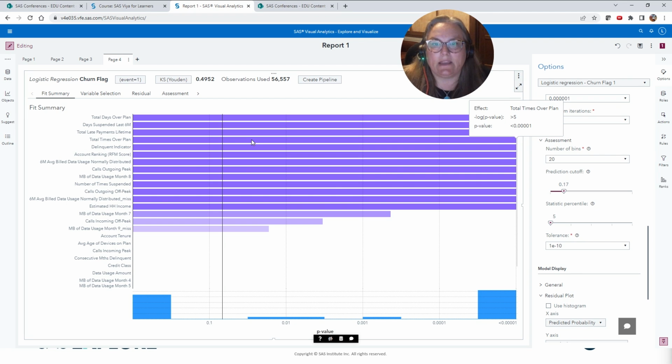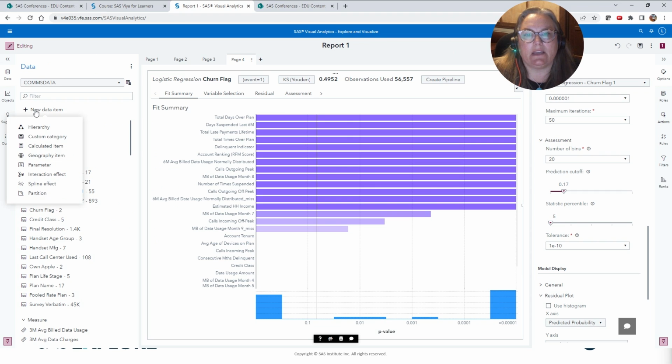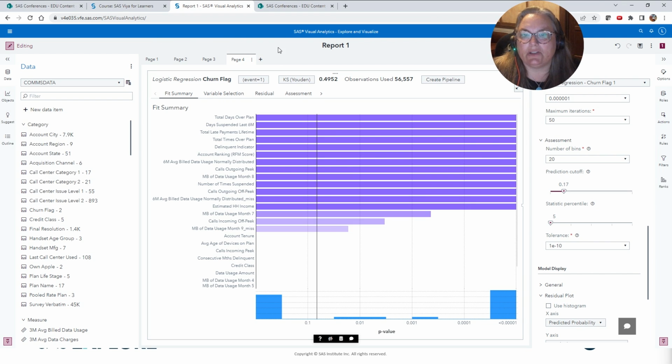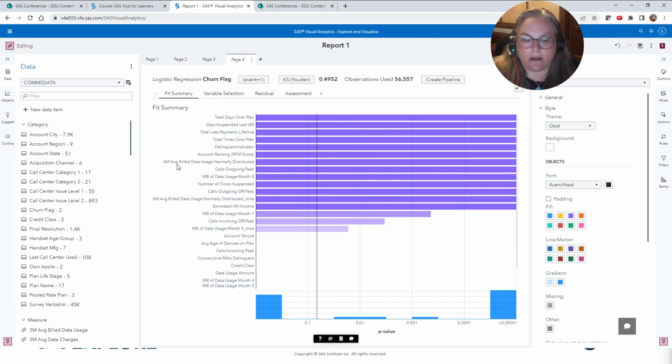We could add in interactions. We could add in splines. Over here in new data is where I would create an interaction effect or a spline effect. But given the time we have, I would like to show one more quick little thing before we wrap up.